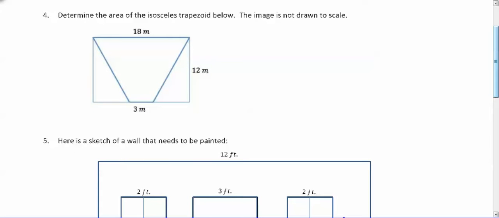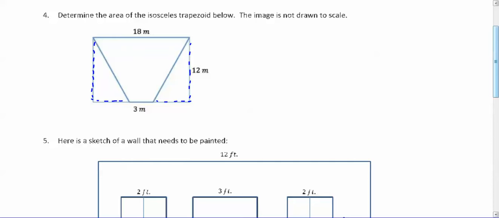We are going to look at this. Now this should be a dotted line because these are not actually dimensions of that trapezoid. So you have two options. You can decompose it or compose it. So you can either do the area of the whole thing and subtract out the two side triangles, or